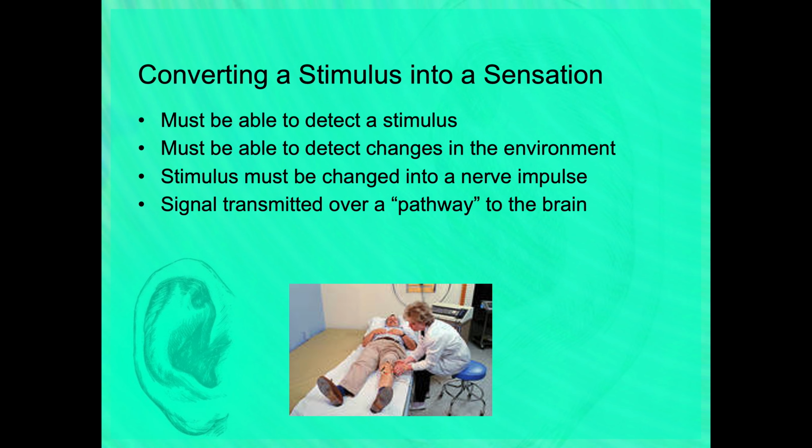Those signals from, say, the skin where the pin prick occurred, up to the muscles, up to the spinal cord, up to the brain, are transmitted over a pathway. So that's going to be the pathway. It'll be from the skin itself, and all of this goes from skin to the nervous system. The nervous system has, and we'll talk more about that when we cover neurology. Your nerves are throughout your entire skin, and all of your muscles are completely innervated. They have a lot of nerve endings. So if you were to do that pinprick,